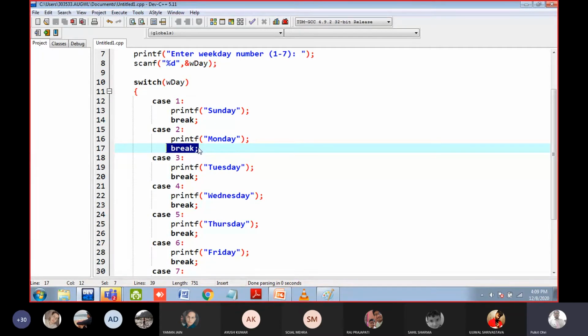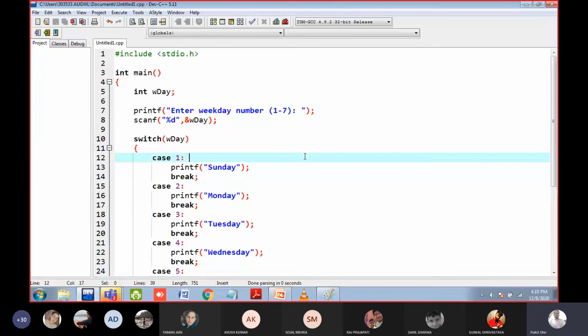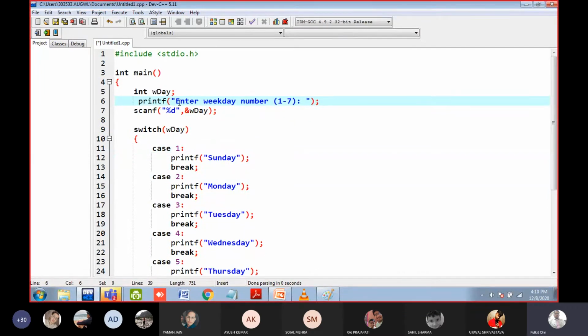If you have understood this, open the compiler and implement the program, send the output in the MS Team. If there is an issue, you can ask. I can explain this particular program one more time. And remember the syntax here. Syntax is very, very important. There is a space between case and the number. And here there is a colon. Okay. That's all. Implement the program ASAP.